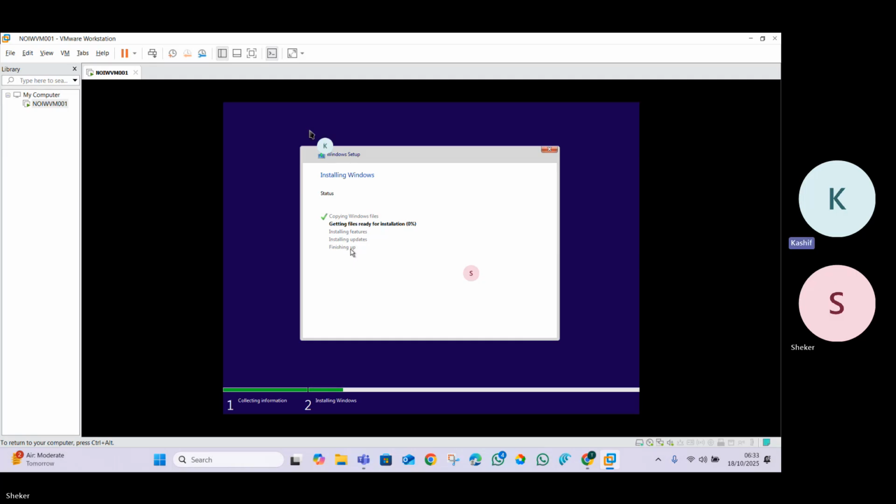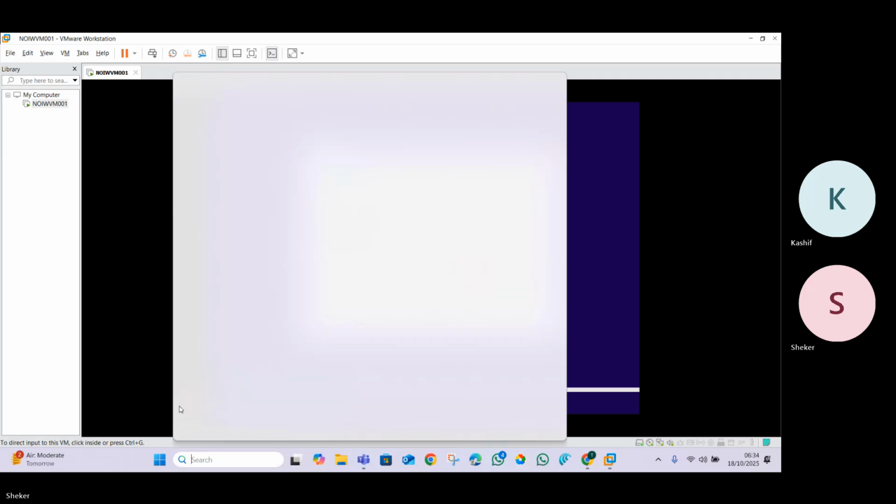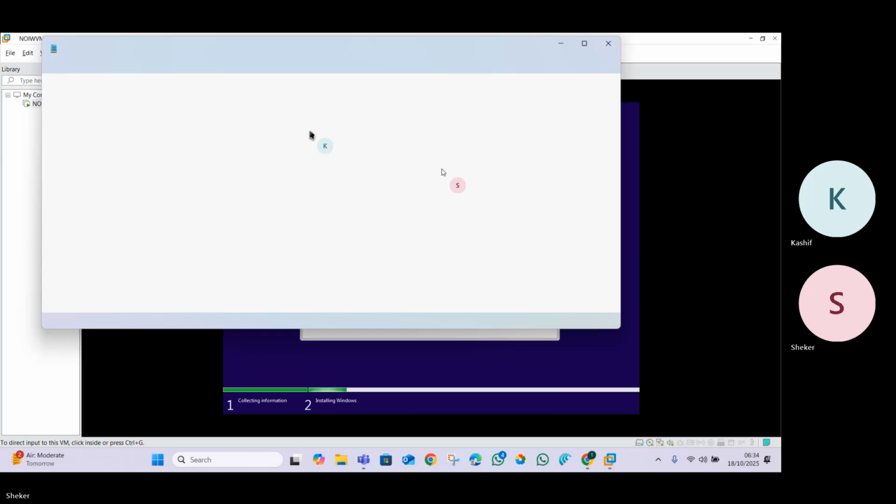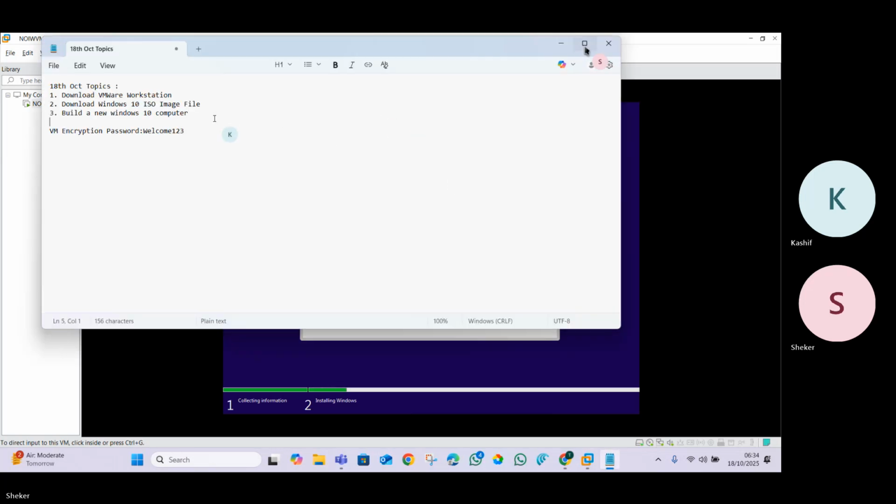Okay, so this is going to build the machine. Now while it is building the machine, we have to do something else. Let's go back to the notepad again. Point number 4. Next point is purchase